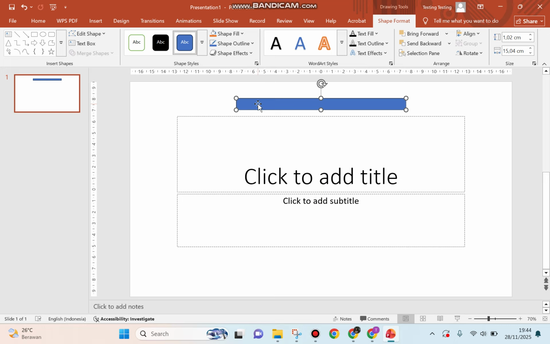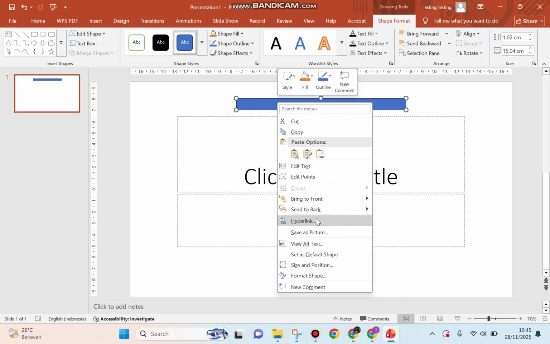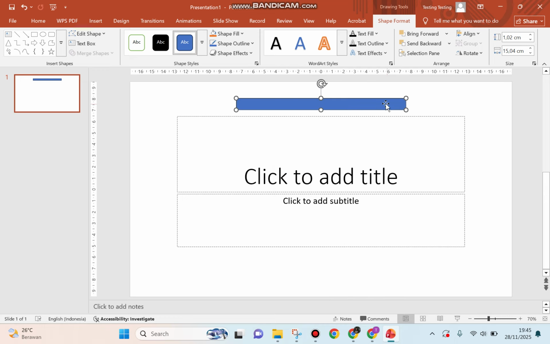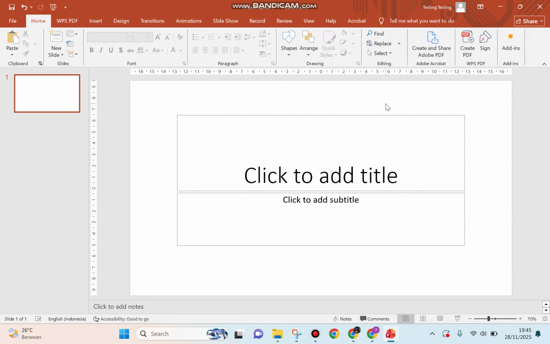Basically, the new version of Microsoft PowerPoint has an option named Lock, which is in the menu if you right-click on this object. However, here I'm using the old version of Microsoft PowerPoint, but don't worry, because the tip and trick still works. Well guys, I will start by removing this object, for example, and all you have to do is go